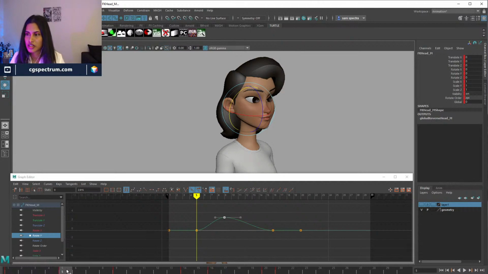Yes, I do use hotkeys to go faster. I don't have anything set up at the moment, because I don't work at all with Maya recently. At work at Ubisoft, we work with Motion Builder, and then we have our own proprietary engines, so the game engine. So there is not much I do in Maya other than for this demo, and when I teach my students at CGS Spectrum. So that's why I don't have any hotkeys, but when I jump into actual shots, maybe I can create some and show you guys